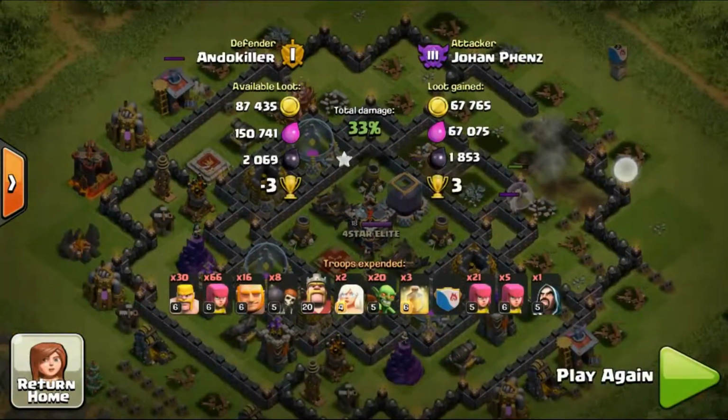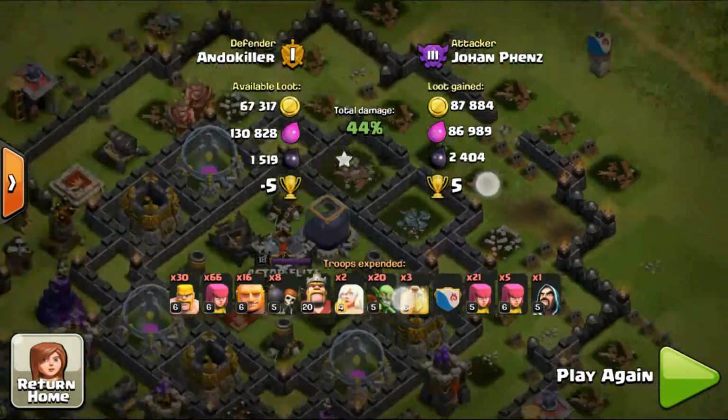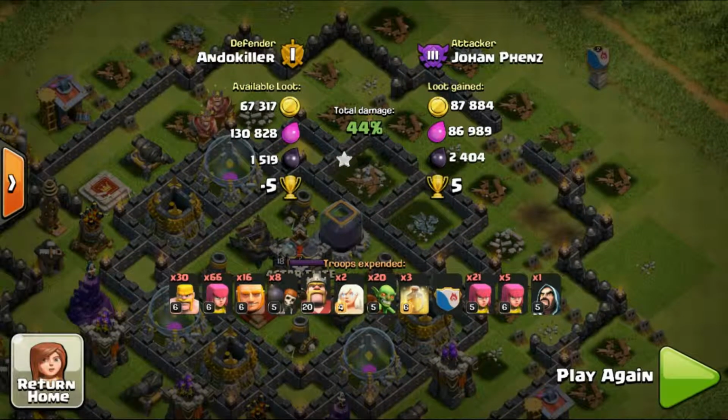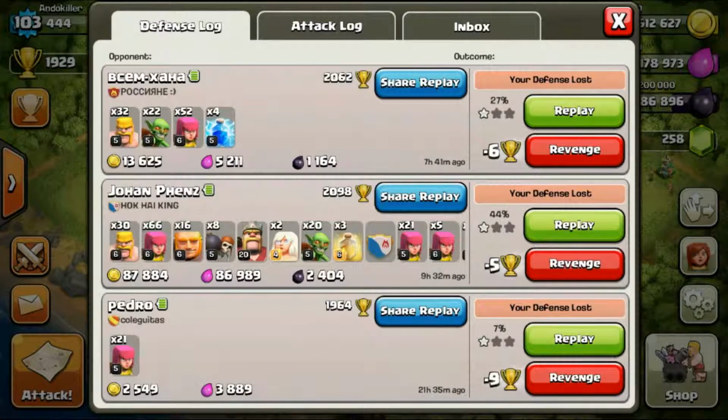At this moment he only has one archer up, and that is destroyed by this mortar shot. So you can see he got 87k gold, 86k elixir, and 2,400 dark elixir. He left 1,519 dark elixir, and he gained 5 trophies. So let's look at the next defense, and this is by BCEM slash, or I'm not really sure what that's called,